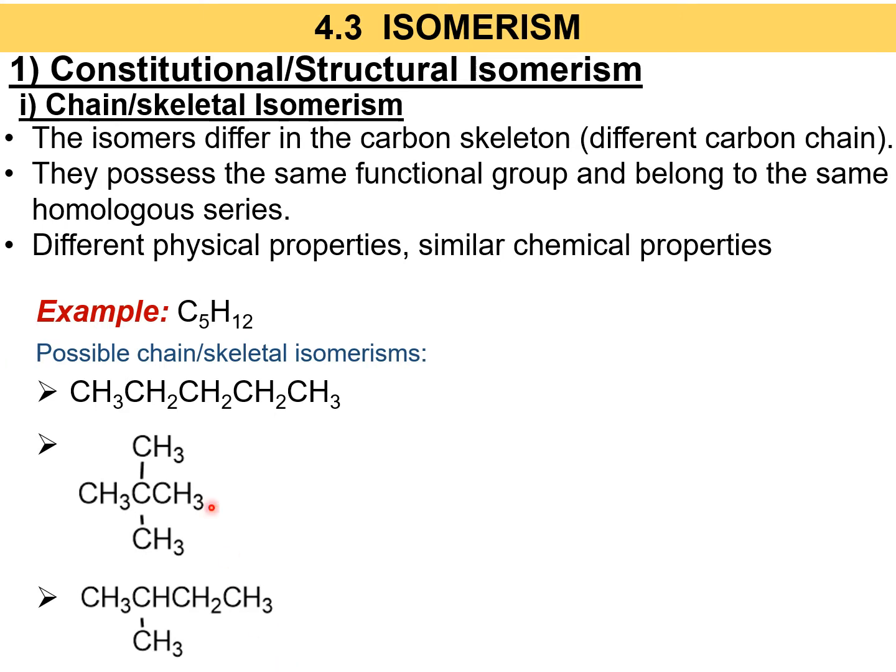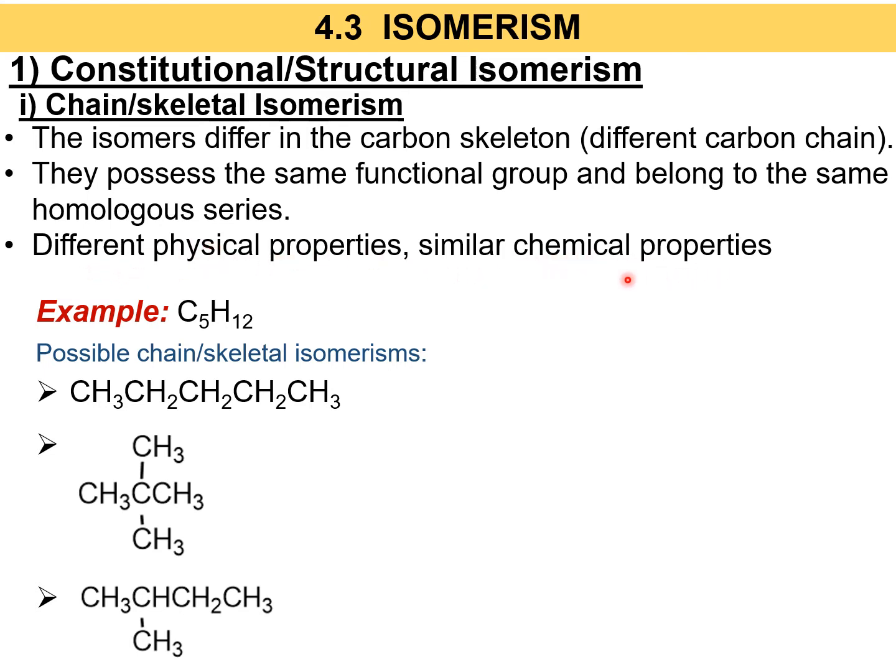Okay guys, so let's look at the first type of constitutional ataupun structural isomerism that is known as chain or skeletal isomers. Basically, chain ataupun skeletal isomers ni adalah isomers yang ada perubahan dekat carbon skeleton. They ada different carbon chain, okay? They have the same functional group, belong to the same homologous series, cuma dia ada different physical properties and similar